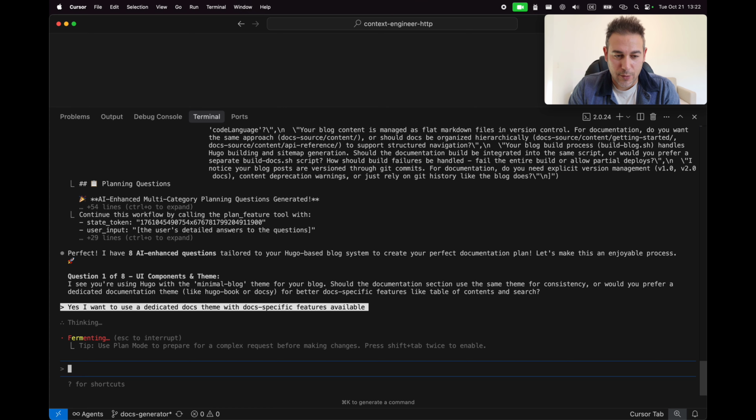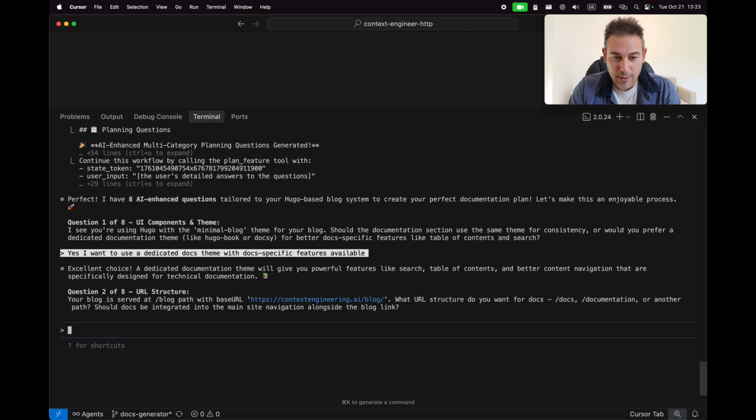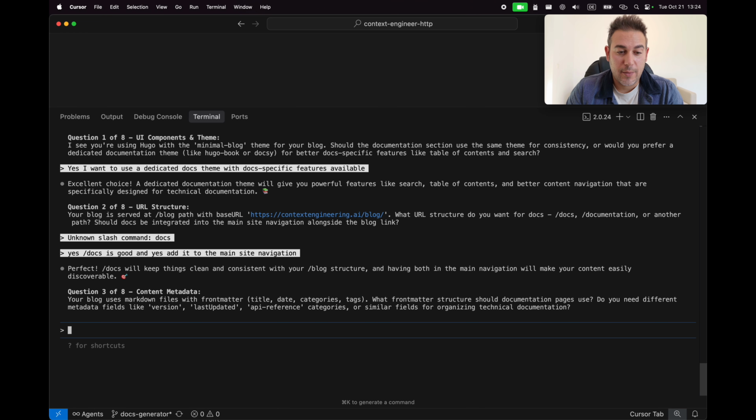All right. Next question. Your blog is served at /blog path. What URL structure do you want for the docs? Next question. Your blog uses markdown files with front matter, title, date, categories, and so on. What front matter structure should documentation pages use? Do you need different metadata fields like version, last updated, API reference, categories, or similar? Okay, so in this case, I'm not really sure